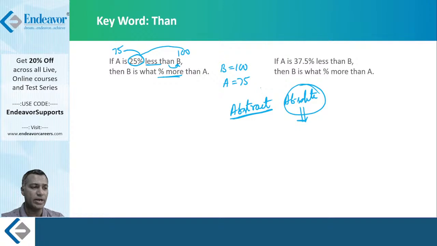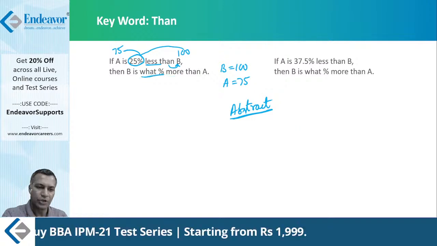You wrote the dummy value of B as something, dummy value of A as something. Now is it abstract? Look at the question. If the question is asking about what percentage, it's abstract. If it is abstract, the answer required is abstract in nature. Percentage, ratios, all these are abstract. If the answer required is abstract, you can use dummies. That's another thing that you should know, when to use dummies and when not to. It's not that whenever I feel like it, I use dummies. Not necessarily. You've got to read the question. So here I got my dummies, because the required answer is abstract.